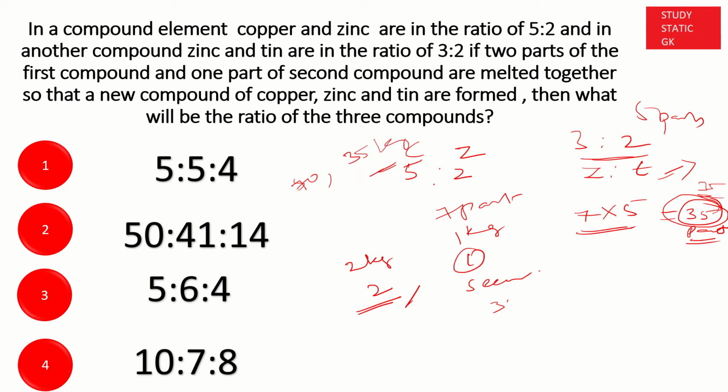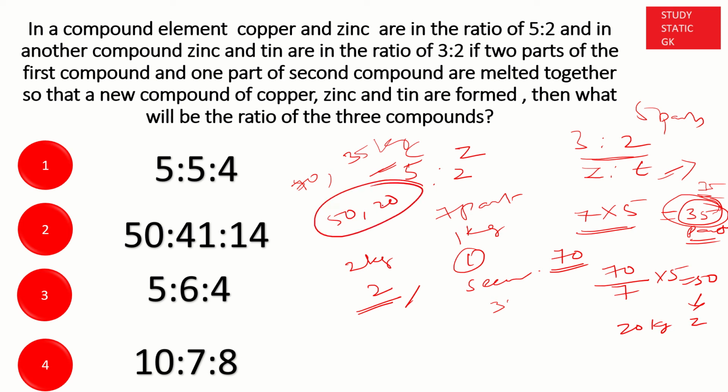In the first compound of the 70 kg, the copper percentage is like 70 by 7 into 5, that is 50. So if there are 50 kgs of copper, then 20 kgs are zinc, right? So in the first compound, 50 and 20 is the ratio, the quantity of copper and zinc, and in